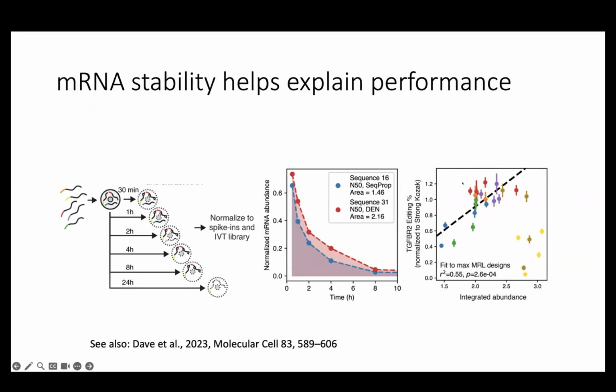The sequences that are really good, the red and orange and purple, in this scale have intermediate stability, but are very efficiently translated. And then the sequences that kind of failed are still fairly highly translated, but become less stable. But it's this very non-linear relationship between editing, the actual protein output, stability, and